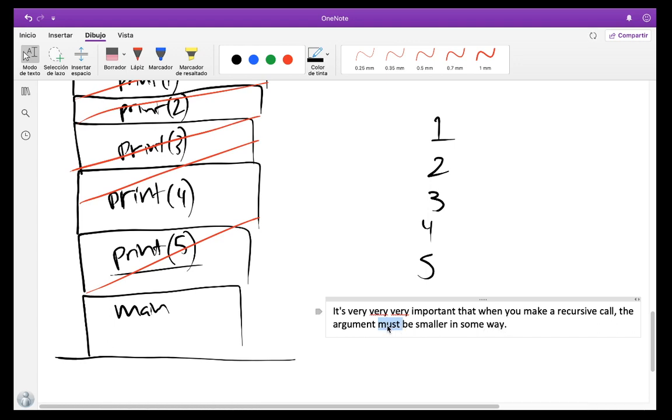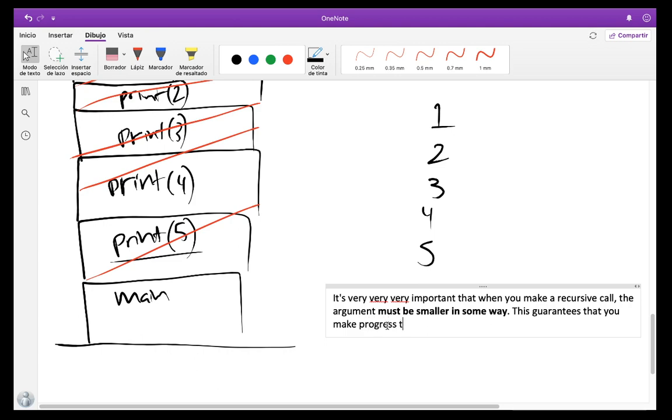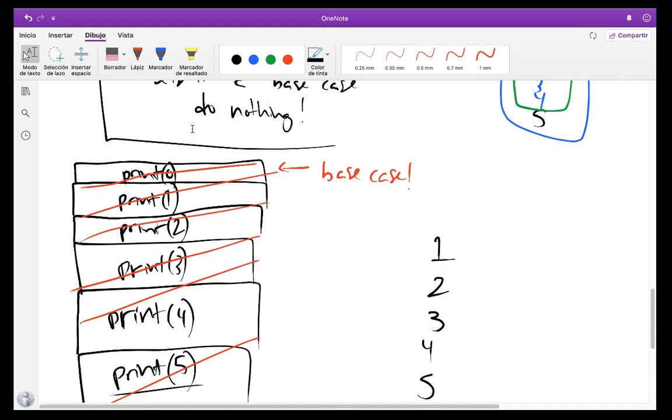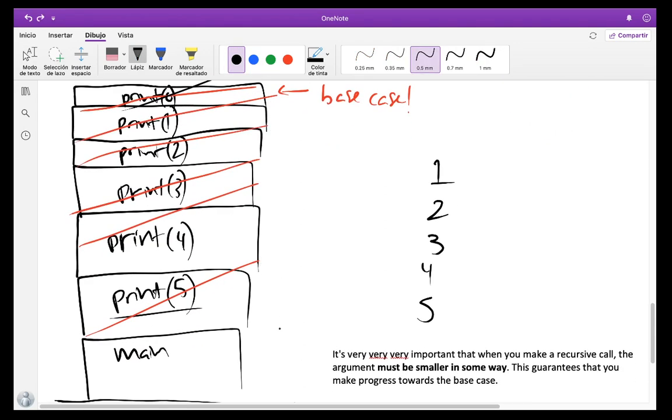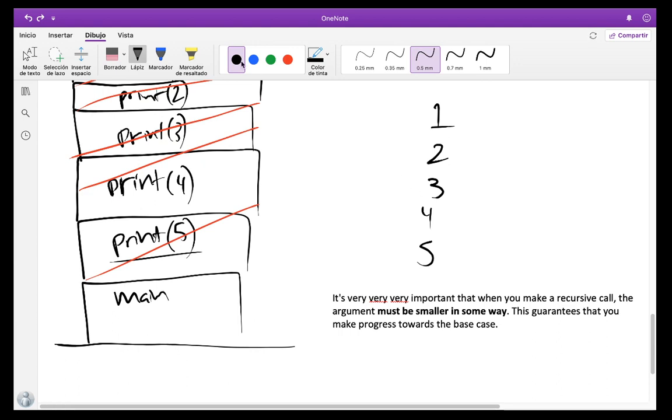And that means you're making progress. This guarantees that you make progress towards the base case. And that's when, remember, the base case is when you can stop and you can start unwinding all this work that you were working on. So you have to eventually hit the base case, otherwise you're going to recurse forever, we say, which is essentially